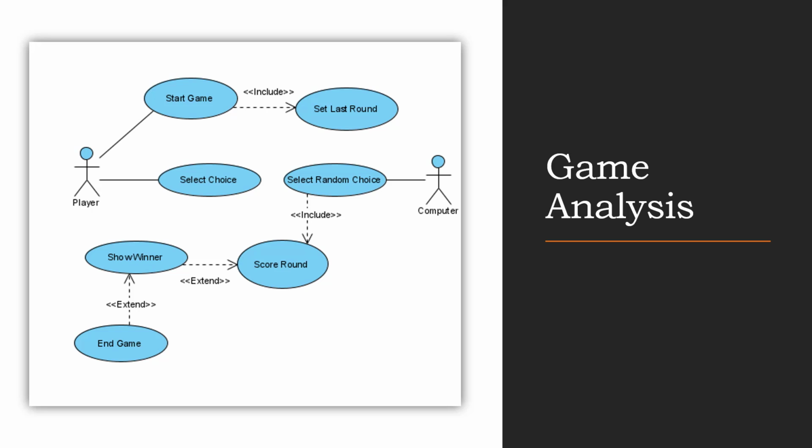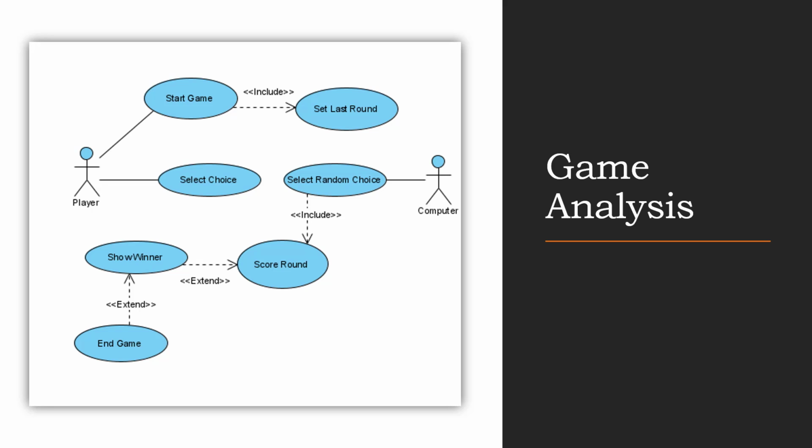So I'd like you to create a use case diagram similar to this one to show the player and the computer, because they're both users in this use case diagram. So the player can start the game and set how many rounds there are. They can select their choice, and the computer makes a random choice and scores the round